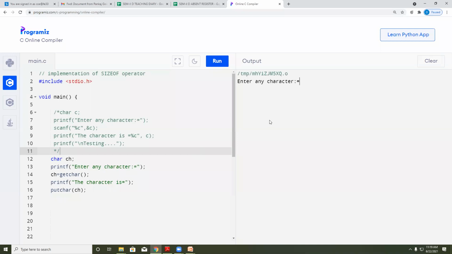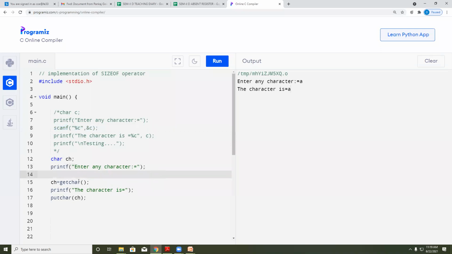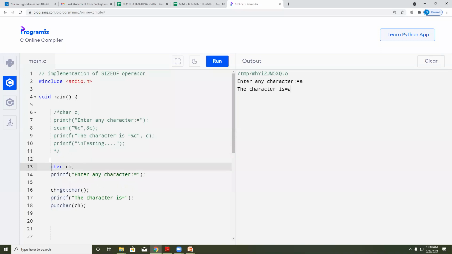Yes, the character is A. See, either you can implement this with scanf %c, or there is an alternative for this, which is the function getchar and the function putchar. Okay, समजलंय का तुम्हाला? Hello, hello, hello.